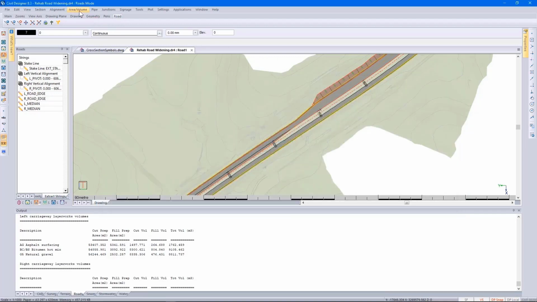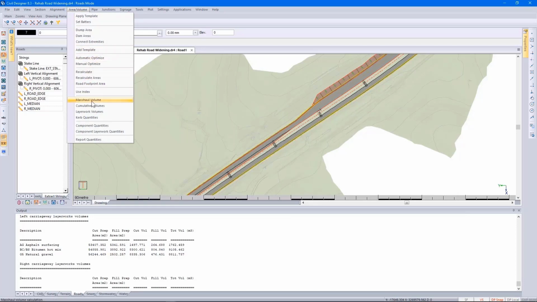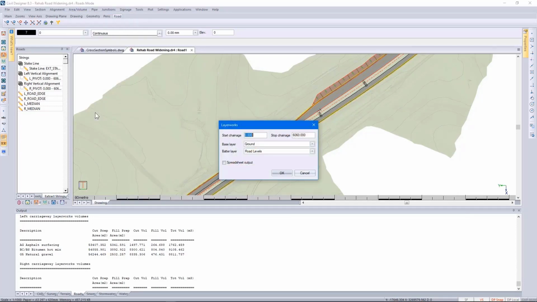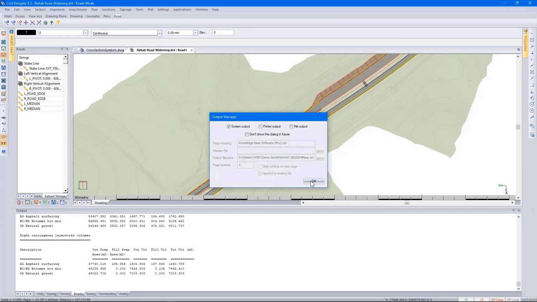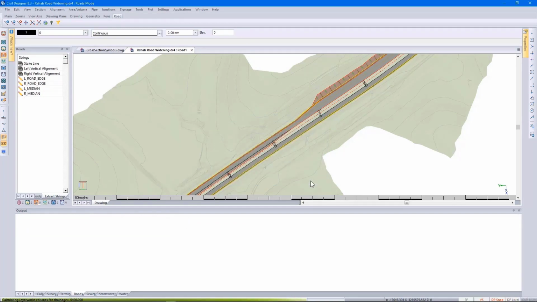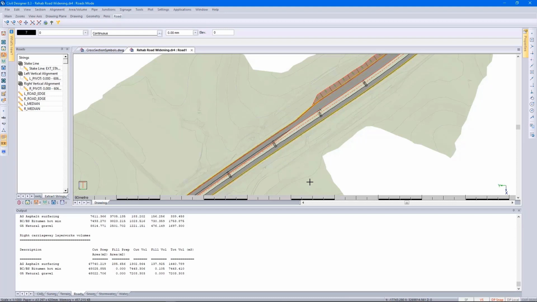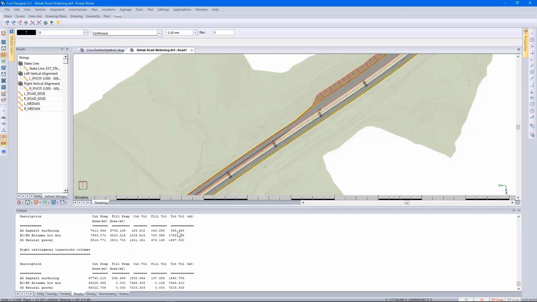Going back to Area Volume and specifying layer work volumes. Previously, we worked out our total volume to be close to 20,000. Taking another look here, looking at the total volume, we've got close to 4,000. So you can see that the layer work volumes have been updated. Closing the output bar